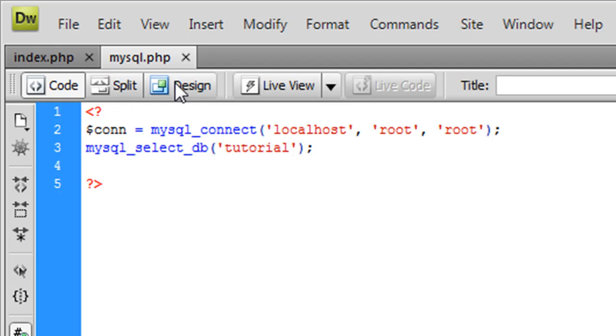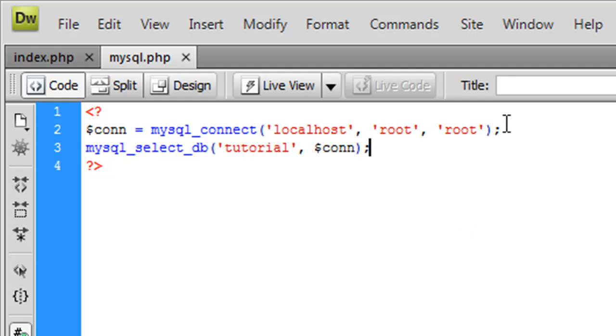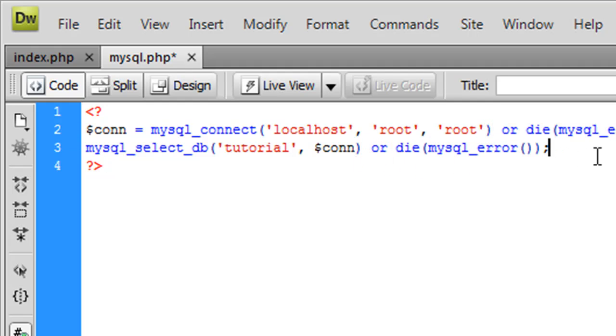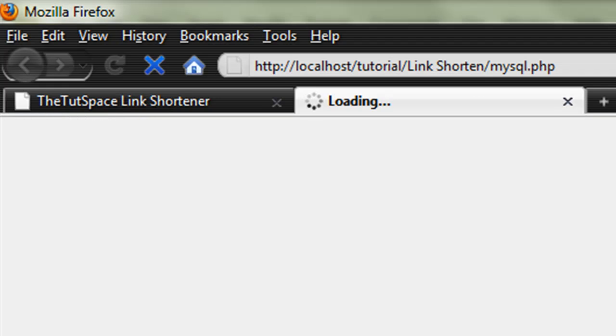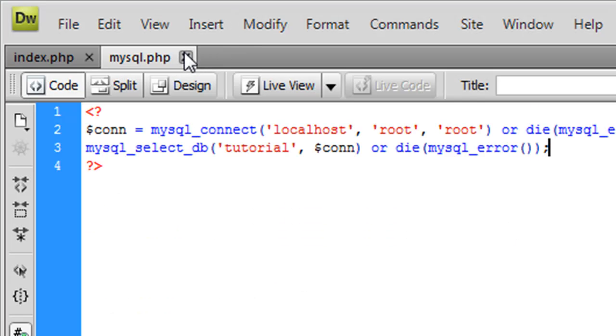What else do we need? So that's basically that document done. For neatness, we'll add con after this. That should now work. Just for testing, we will have some debugging on it. And let's test that out. It seems to be working fine. We'll soon find out though. Let's close that and let's